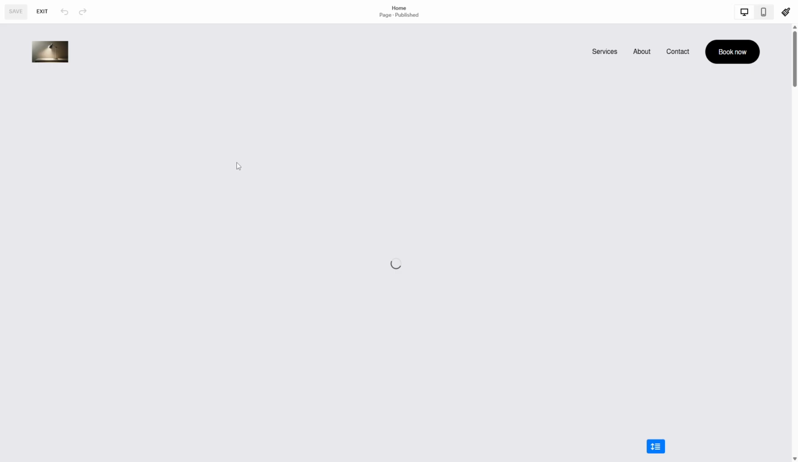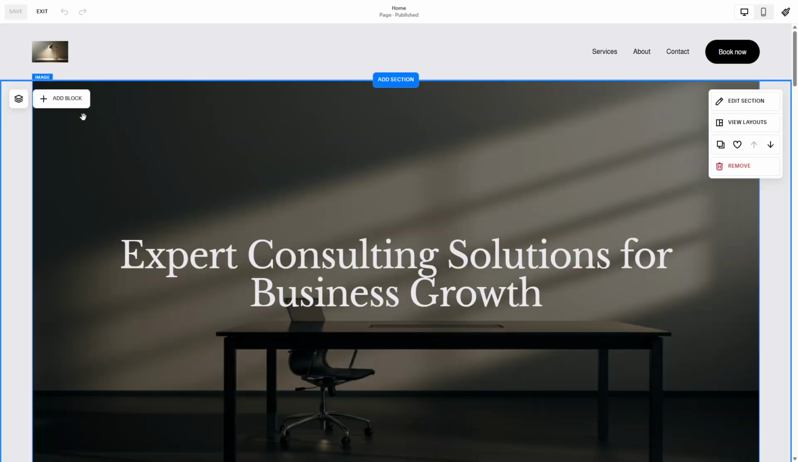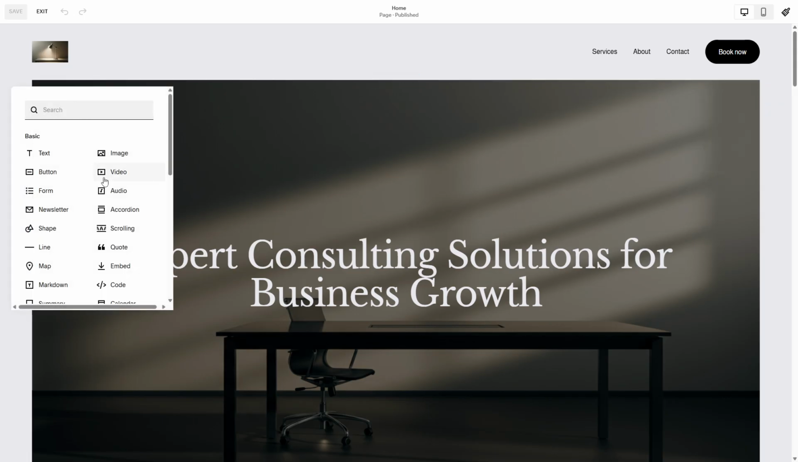Now, it's time to add a new block to your page. In the Squarespace editor, look for the option to add blocks. You'll have a selection to choose from, but go ahead and select either the Embed block or the Code block. These blocks are crucial because they allow you to input custom code, which in this case is your HTML code